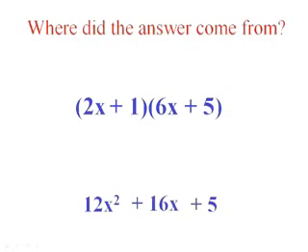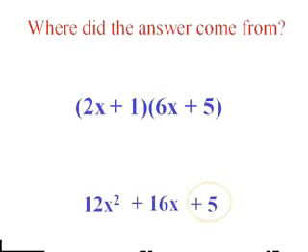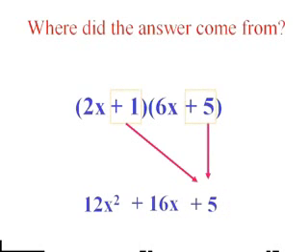Now let's scan our answer and see where each part of it came from. The 12x squared, I want you to note, the first term really came from the first two terms of our problem. And the 5, the last term, came from the last two terms of our problem. Now,